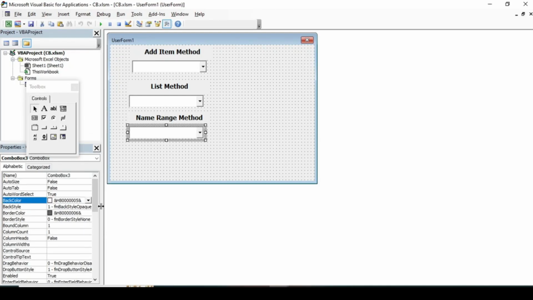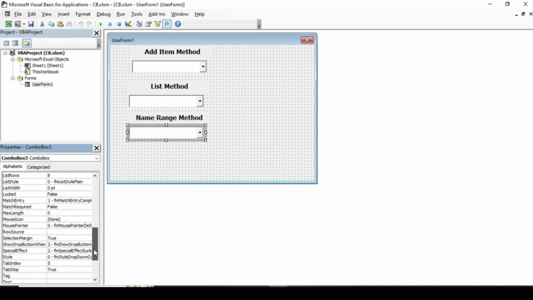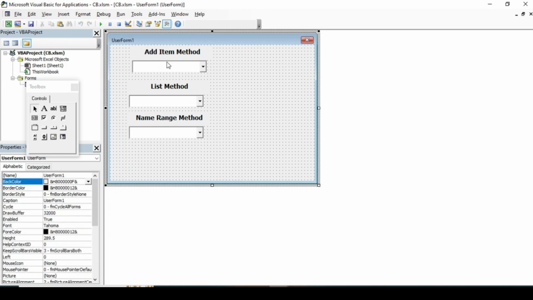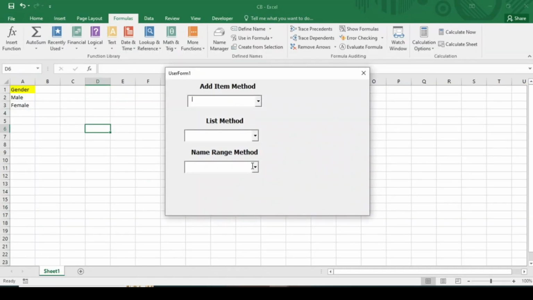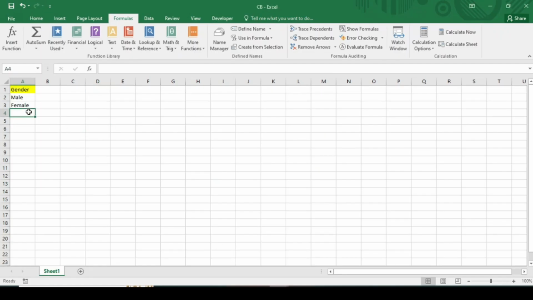in this part we have to give the row source. In the row source we have to type gender, and when you type the same name in the row source and run this file, now you will see how easily you can initialize your combo box. And if you add the value here, male, female, other gender,